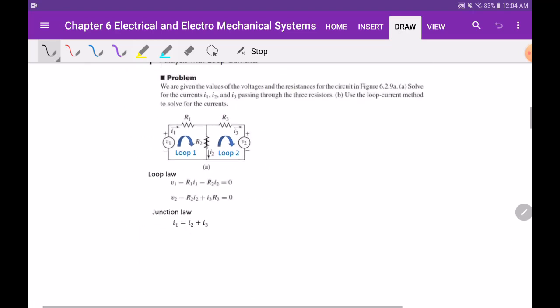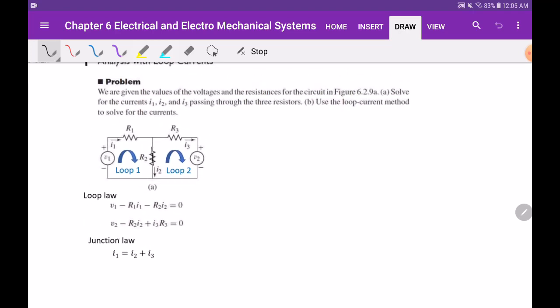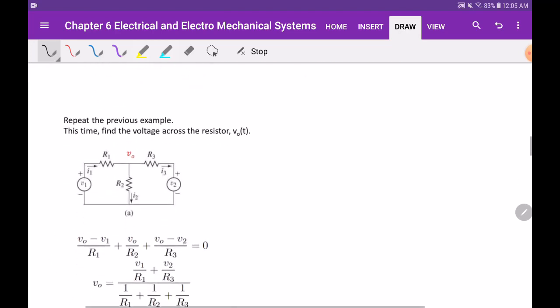If you look at the solution, it uses a loop law and the junction law, and this is called the mesh method. The unknown of this problem is the current. Your goal is to find the currents I1, I2, and I3. So here, when you use what's called the node analysis, or node method,